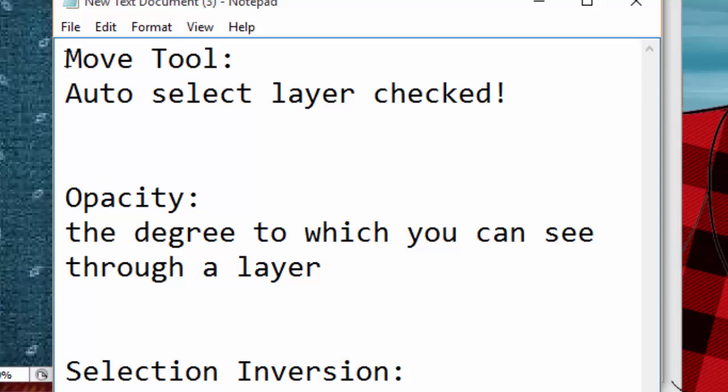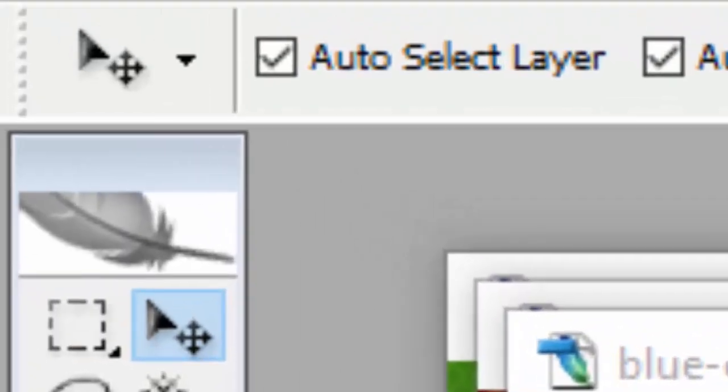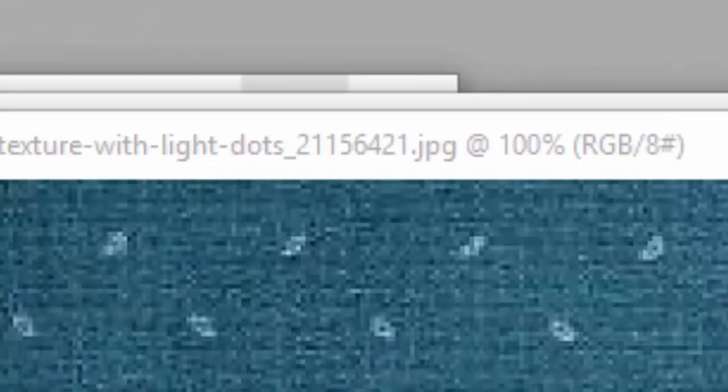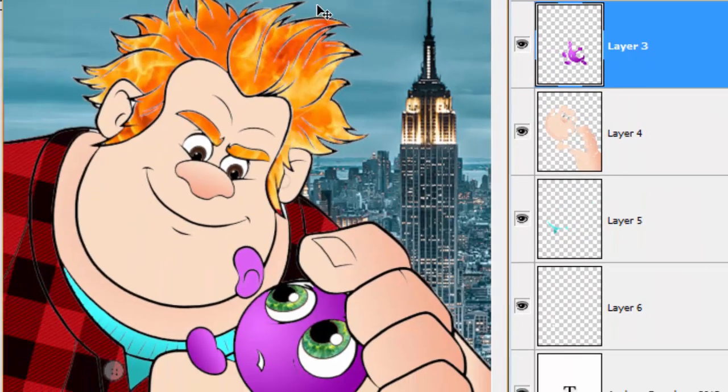What do we need to know about the Move tool? Well, the auto select layer has to always be checked when we're using the Move tool, and in the upper left hand corner, the default is to have this unchecked. You're going to want to make sure it's checked because when we go into Photoshop and we're working with something